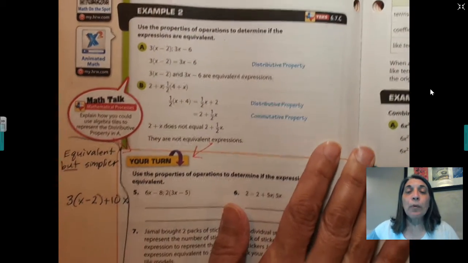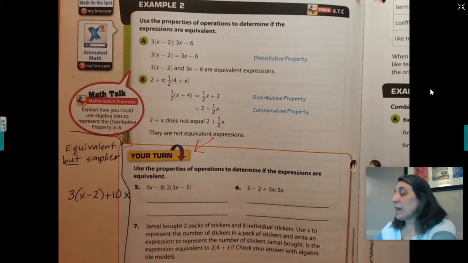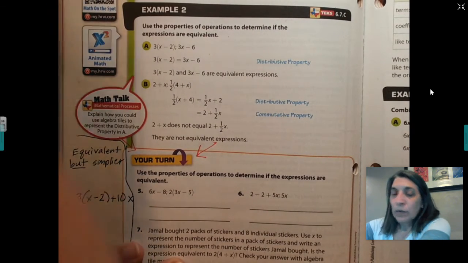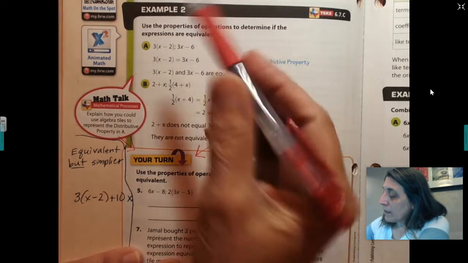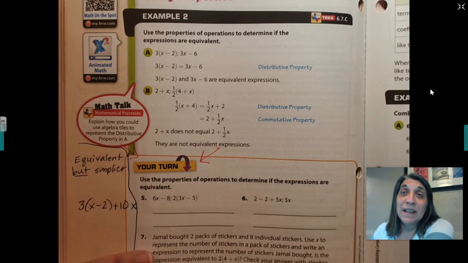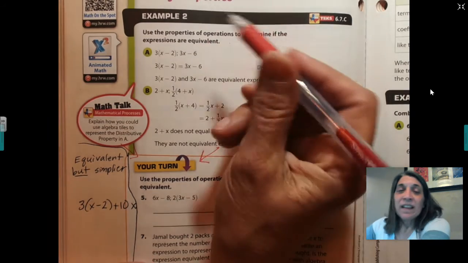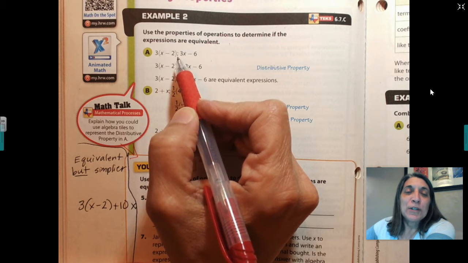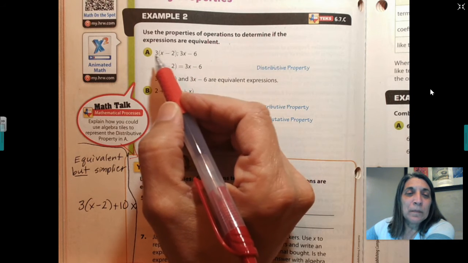They're saying use the properties of operations to determine if the expressions are equivalent, the different properties that we've been practicing. So remember, I was going to say last week, but it's been 3 weeks ago that we were all together in class. I'm sorry. Last time we were all together in class,